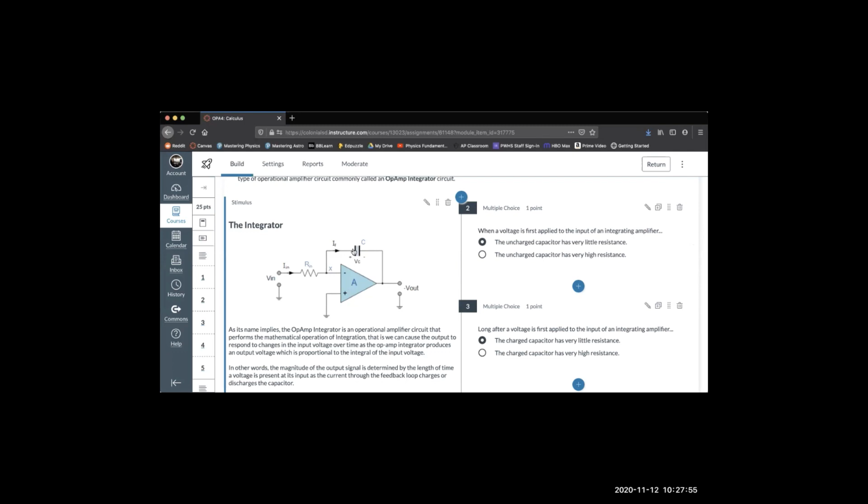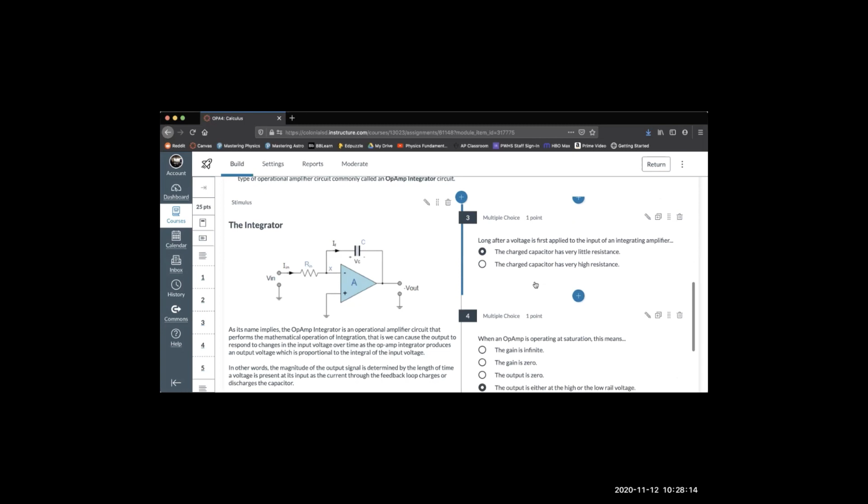We've been over this before when we first did passive high pass and low pass filters. An uncharged capacitor is perfectly happy to be charged, and so it offers very little resistance to the flow of current. So that's an answer I might have gotten without reading all this if I was on top of my electronics. Long after a voltage is applied, the charged capacitor